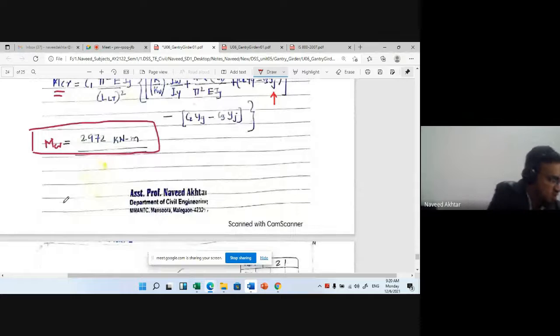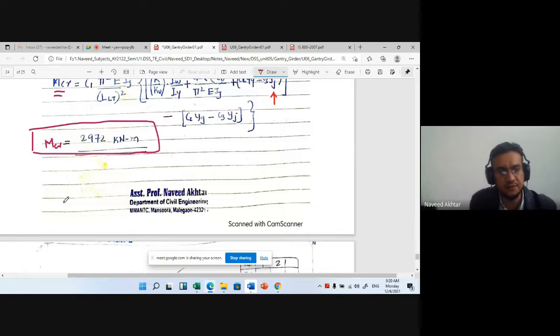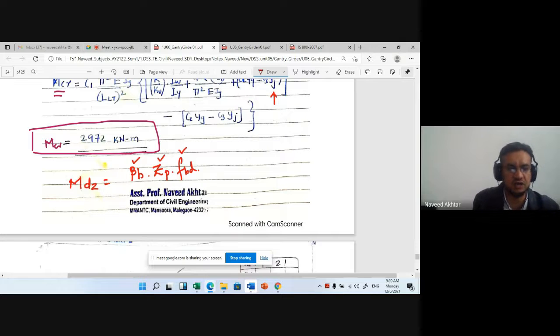We know that in our case we have to find out the MD, and MD is equal to beta B, ZP into FBD. Okay. So now beta B, for a plastic section, is one. ZP and FBD we have to find out for the section. MCR we have already calculated. Okay. So why do we need MCR? Because to find out the FBD, we need the MCR value.